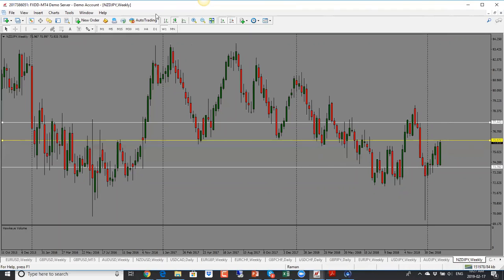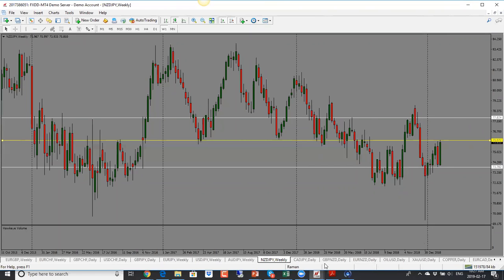So bias is bullish. And what I would look for, if it's to break, then I would look for break, pullback, and then a continuation move to the upside. But overall, bias is bullish. We just have to use caution here. But bias is bullish, looking for it to go higher. 77.80 will be the target to the upside. So bullish bias here for New Zealand yen.